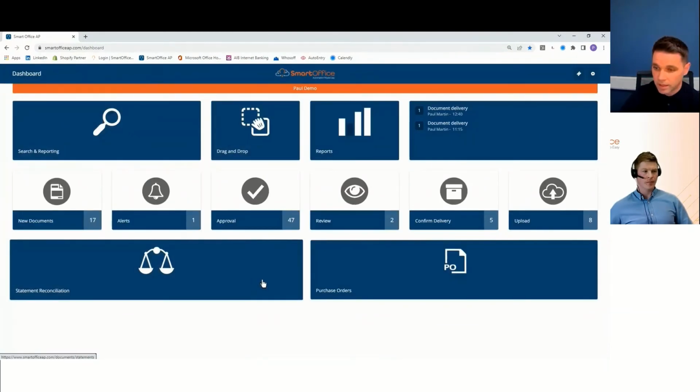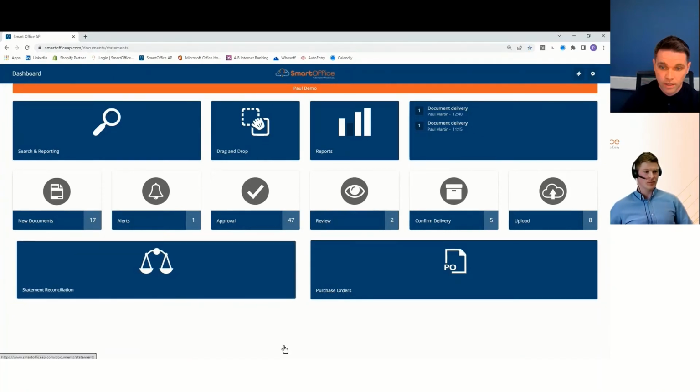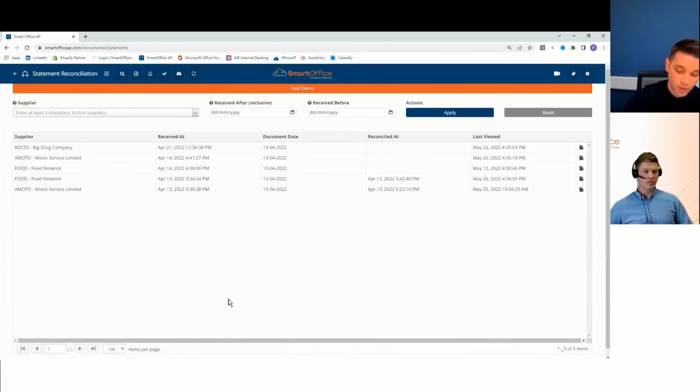Last 2 things, guys, and I promise I'll let you back to Donna and Brendan, but very powerful features: statement reconciliation and purchase order. So statement reconciliation, guys, is a pain. At the end of every month, after doing all that hard work that we've just verified, someone sends in a statement saying you owe them 100,000 and here are the 100 invoices associated with that. It's then some poor soul's job to validate that, find the invoices, make sure that they've been approved for payment, that stock has been received, etc. That just takes hours, days, weeks in some industries. So we've come up with a solution for that as well.